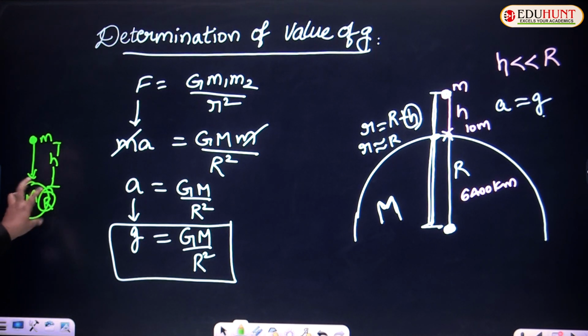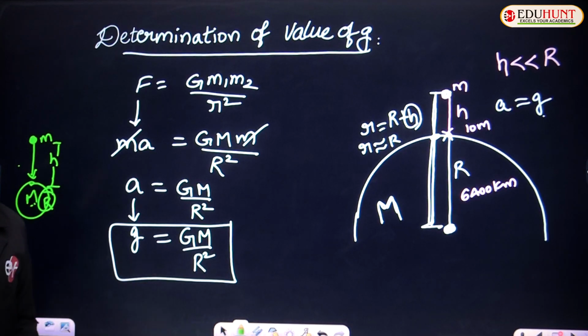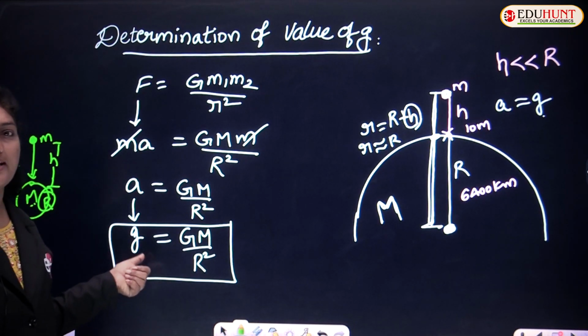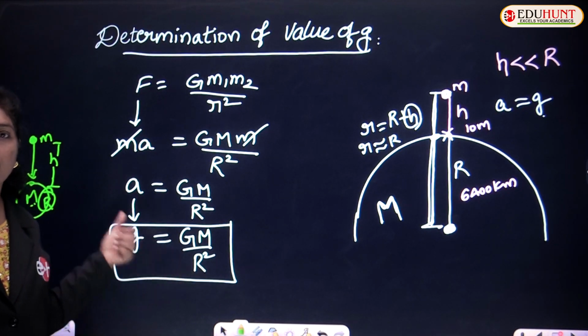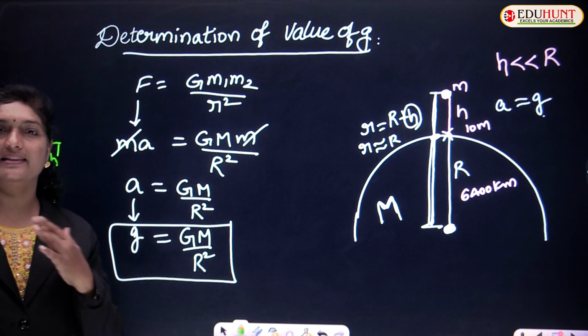Similarly, if the sun of mass M is taken, the radius of the sun is taken as R, and the object that is allowed to fall is of small m from a distance h, the same formula is applicable for everything. So let us try to calculate the value of acceleration due to gravity at different places: one on the surface of the earth, another on the surface of the moon, and then let us compare